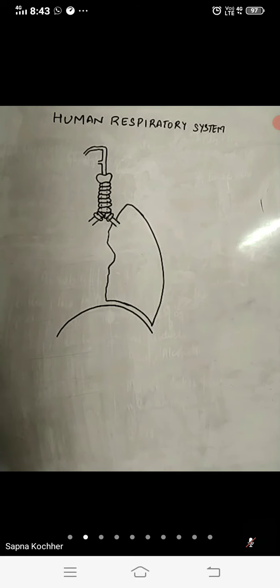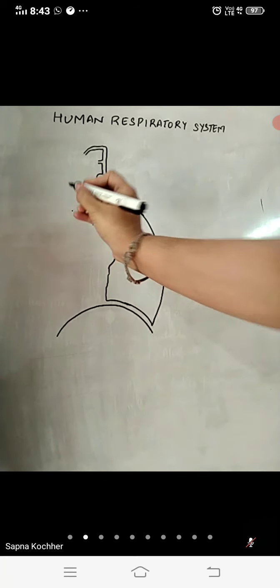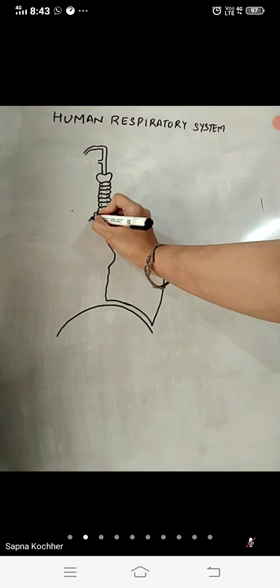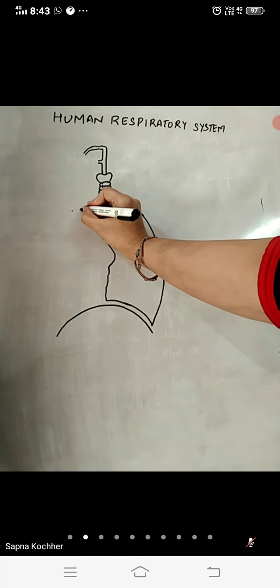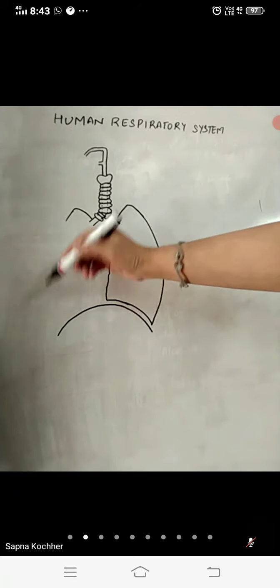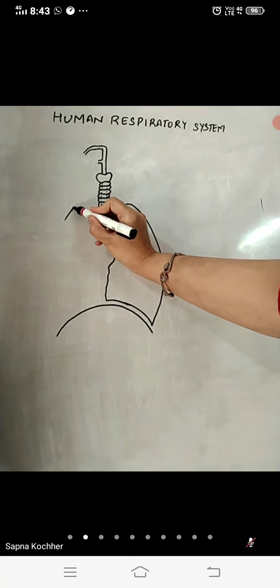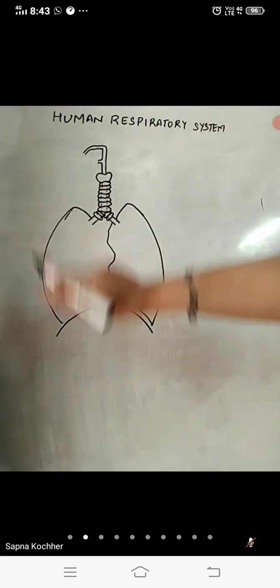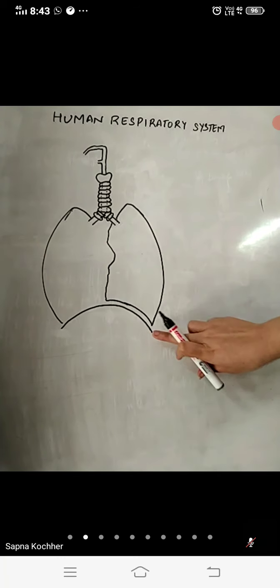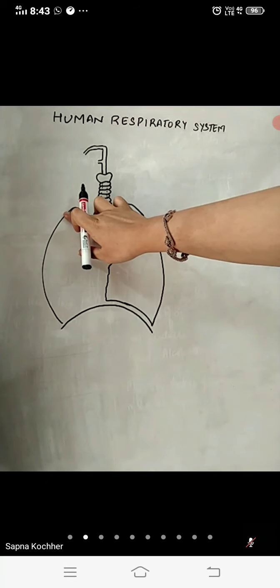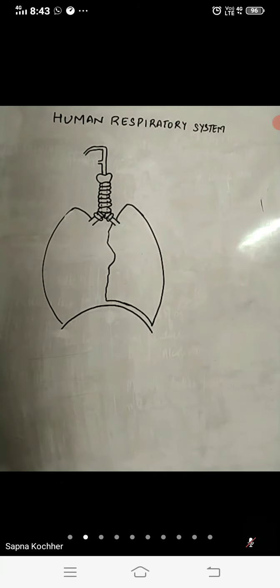Similarly, on the left side, again, you have to provide the same high triangular arc for the lungs. So starting from this end, then providing a triangular arc like this. Okay, so this is a triangular arc. Then place your hand at one end and then just curve it like this. You have to curve it by placing your hand at one end, curve it towards the lungs like this. And then it should be approximately to the lungs. Fine. So this is how to curve the line for your shape of the lungs.